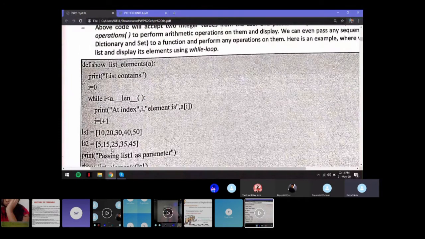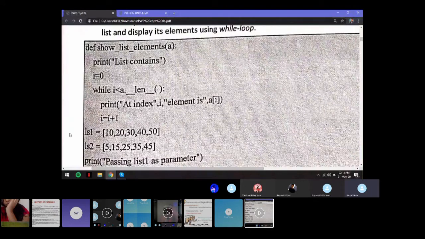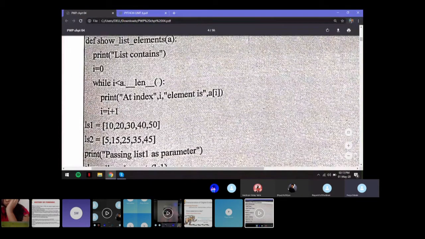So you can pass a list as an argument, you can pass a dictionary as an argument, etc. So let's say you're defining a function called show list elements, and you're passing an argument A followed by a colon.